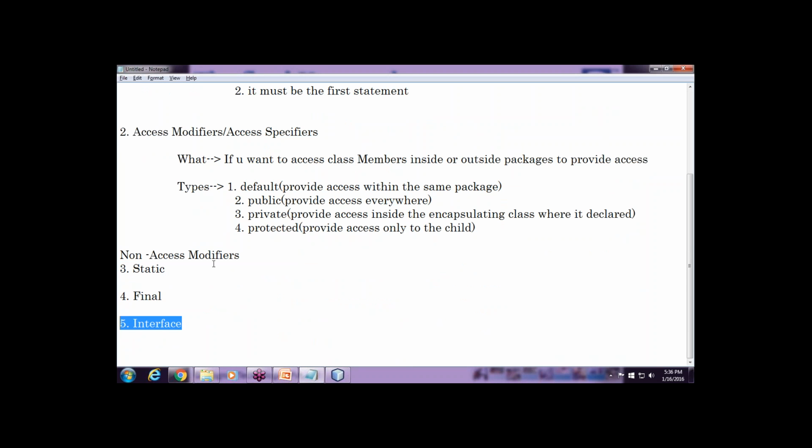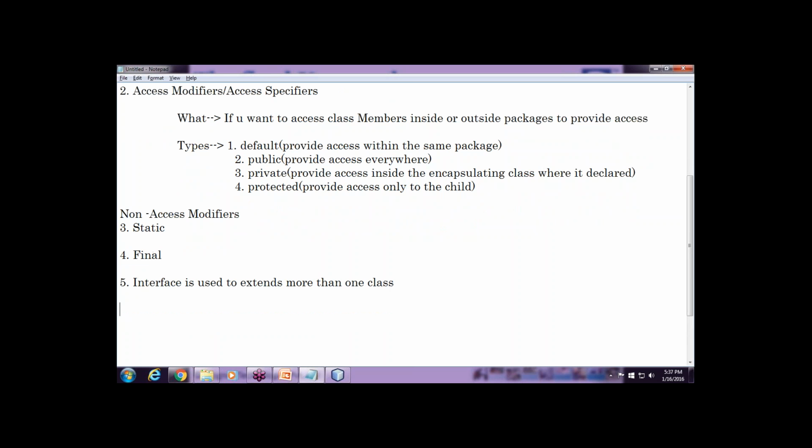Okay, so the interface part is basically to overcome the problem of multiple inheritance. Okay, the interface is used to extend more than one class. Okay, so basically we are not able to extend more than one class in Java. In that case, make your classes interface. Okay, like this interface